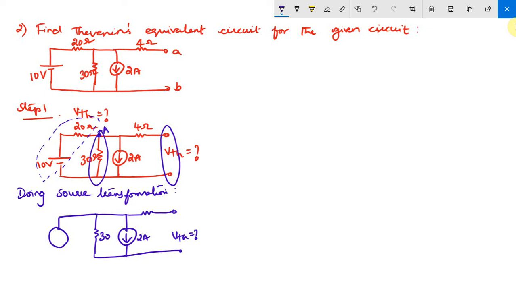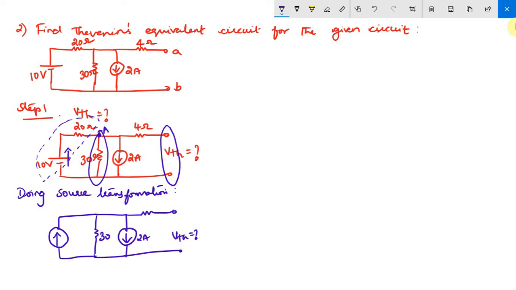See the polarity of the voltage, negative and positive. So the direction of the current should be from negative towards the positive. So it is upward, right? While converting this voltage source into a current source, you should know what the direction of the current source we have to assign is. The direction of the current will be from negative towards the positive. So you have to draw the current source towards upward, right?